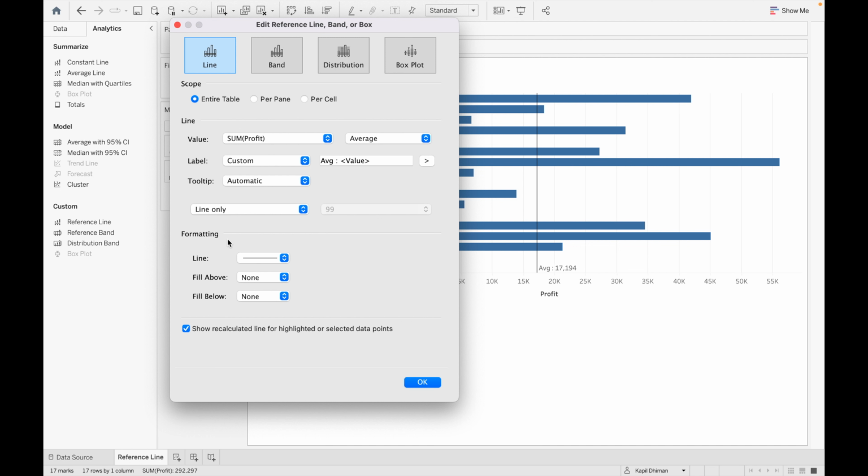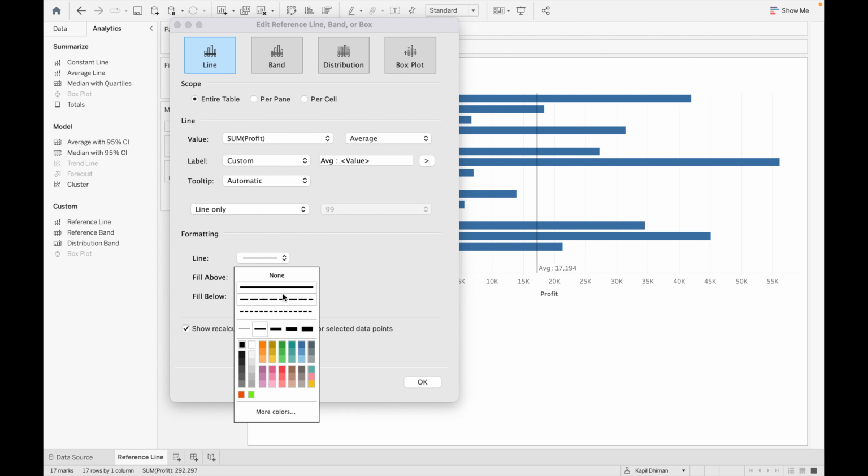Now the next one is formatting. From here you can choose which type of reference line you want to add in your view. If you are using a simple line or dotted line, you can increase the size of it, and if you want to change the color, you can take it. Okay, from here